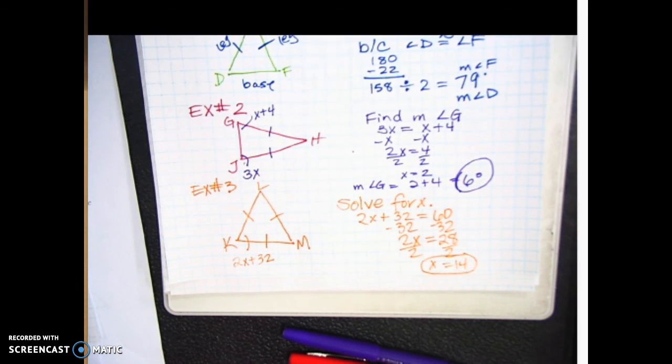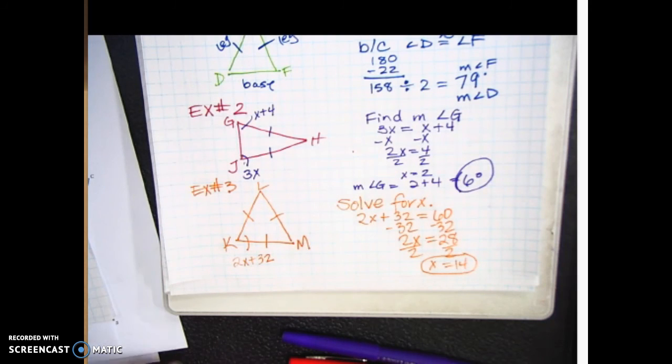So on example number 3, why did they ask us to solve for x and not ask us what is angle L? Because it would have been 60, right? They all just would have been 60. You wouldn't have had to do any algebra. All right? So they're going to either ask for x or they're going to ask for you to solve for the